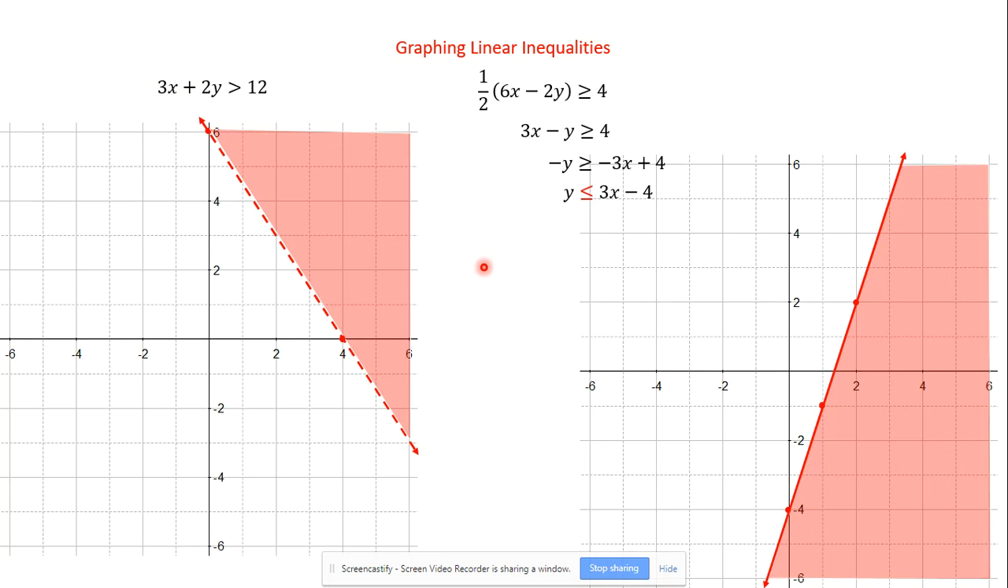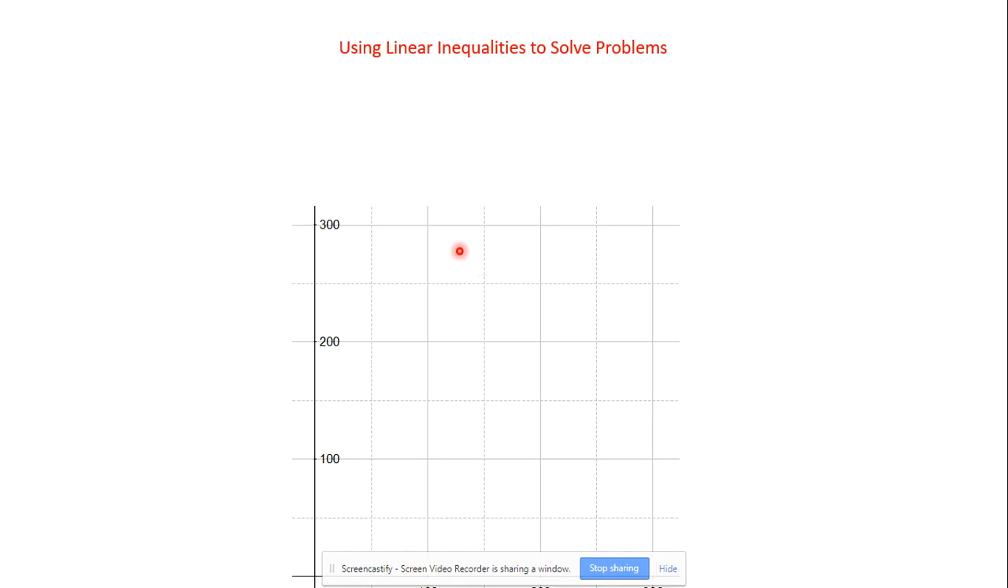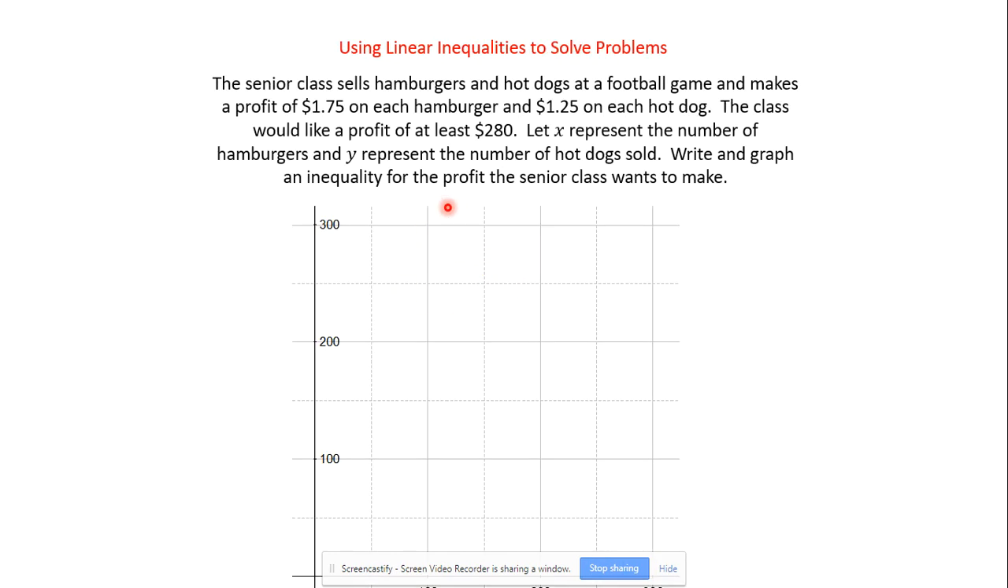And so that's graphing linear inequalities. We're also going to look at using them to solve some problems. And so if we have a word problem, I have a graph here already because I forgot to fade it in. Let's see, the senior class sells hamburgers and hot dogs at a football game and makes a profit of